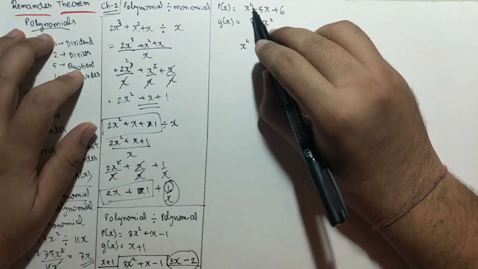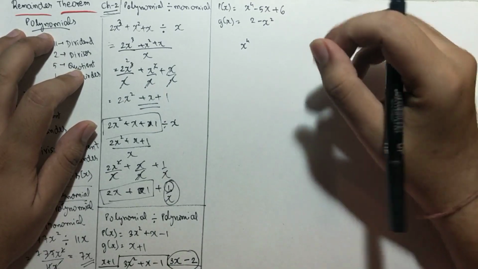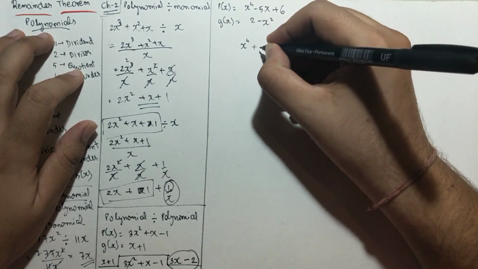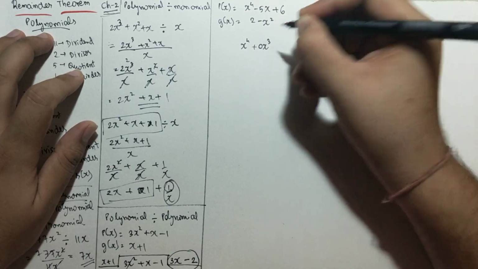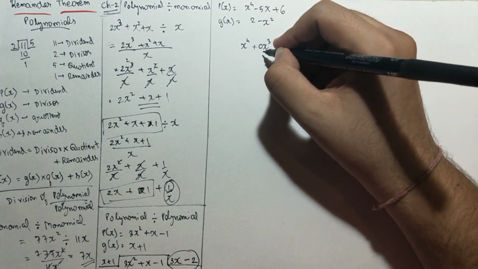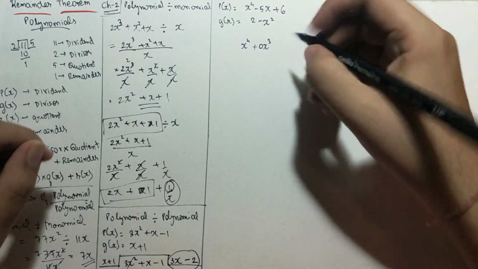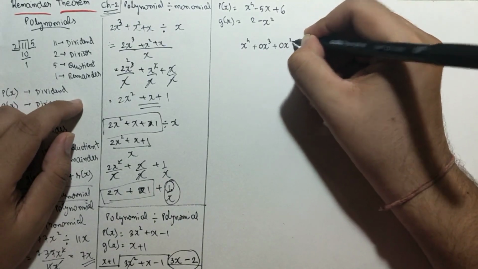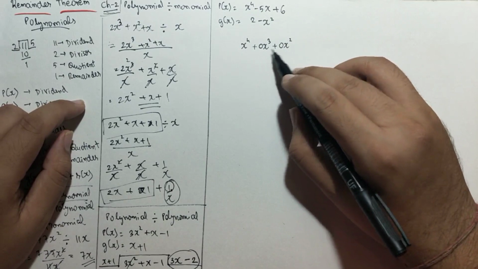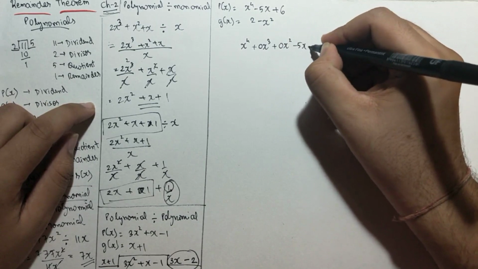Here we can see there is an x raised to 4 term, but there is no cube or square term. If there is no such term, it becomes easy if we deliberately put those terms in. So I will write 0x cube. This 0x cube gives the hint that there is no x cube term. But we need this because in division, we don't know which terms we are going to get. Plus 0x square. There was no cube term and no square term, so we have to keep the cube and square terms with the coefficient as 0. Minus 5x was there, plus 6 was there.